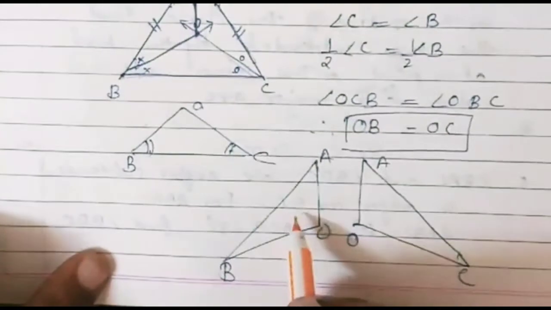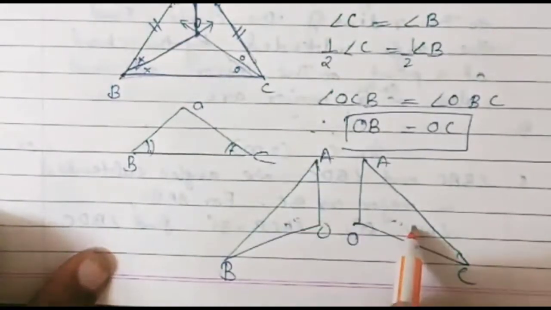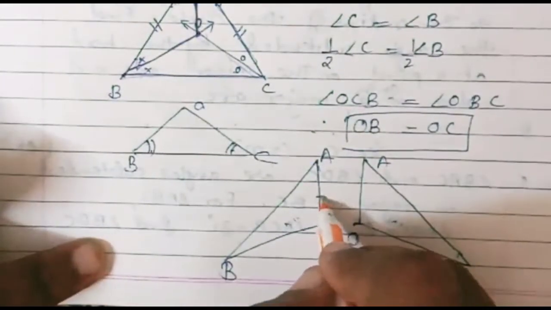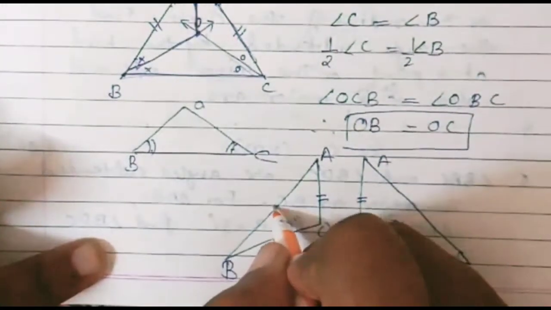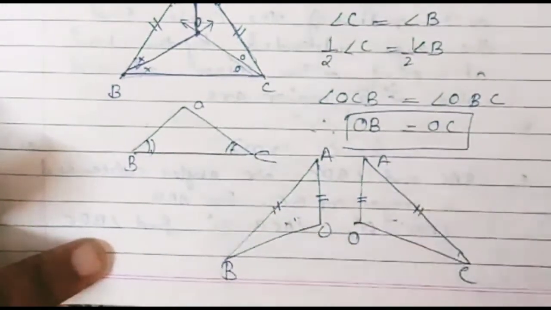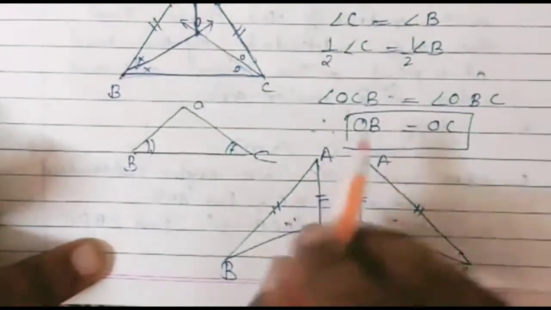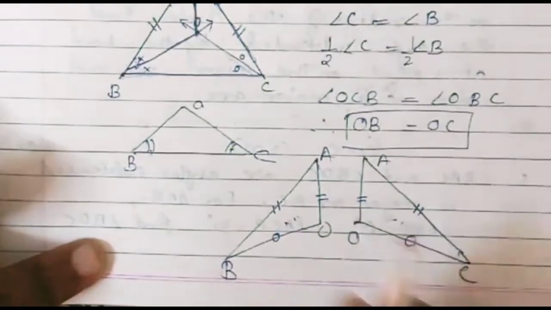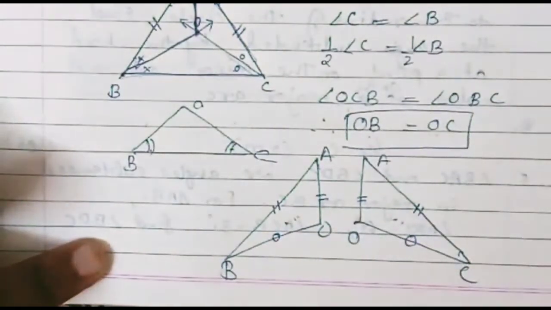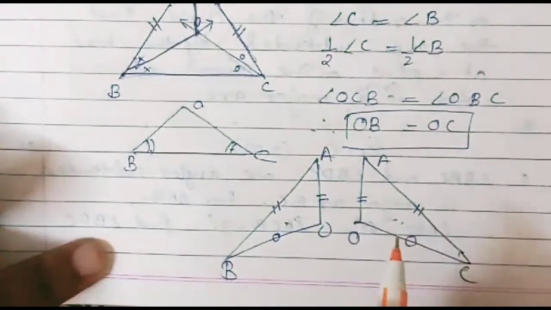For that we will talk about these two triangles AOB and AOC. You can see first of all AO is a common line segment. Also it is given in the question AB and AC are equal. But we have already proved OB and OC are also equal. So we got all three line segments equal. But till now I have not taught you SSS, so I cannot use SSS here.